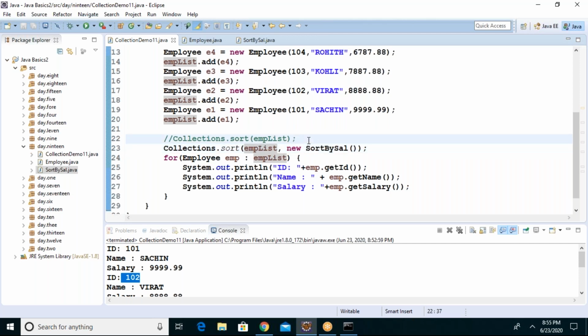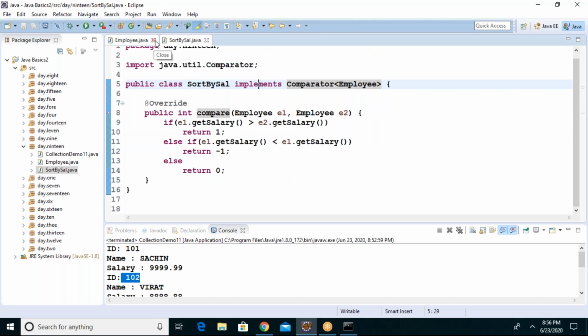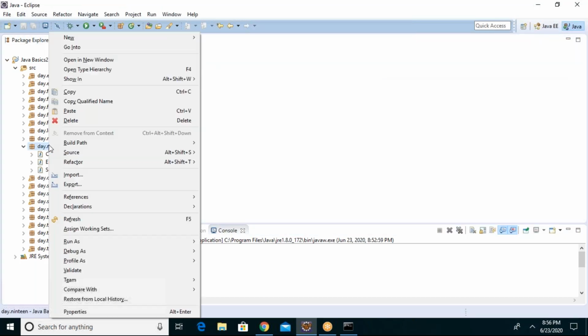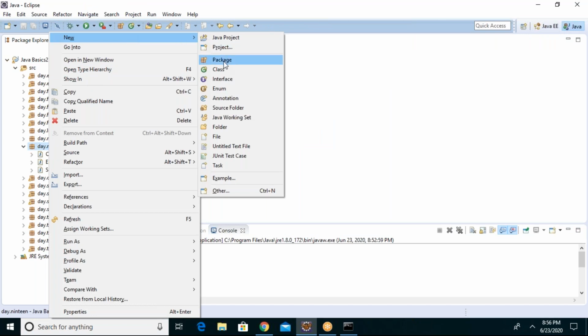If you want, you need to store that into one element again. Then that element you put into the sort again. Okay, understand. Second sorting. Yeah, that way you can do. Right. So yeah, this is what comparable is. This is an important interview question point: comparable, comparator, and all.